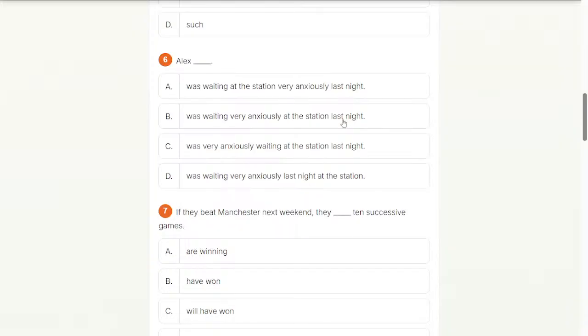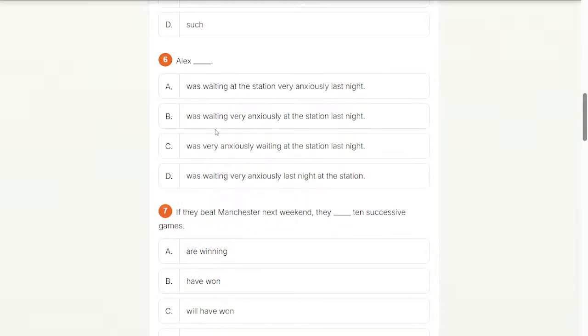So I'm sure that at the station last night is a proper order, that it should be at the end of the sentence. So we have two options: he was waiting very anxiously, or he was very anxiously waiting.